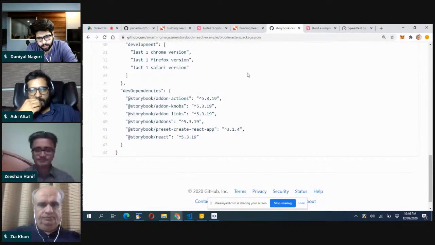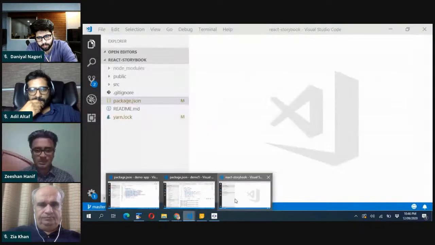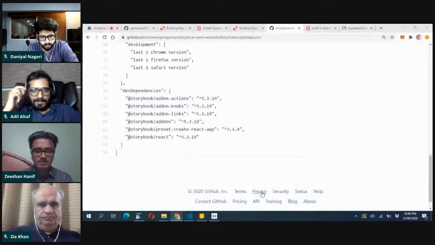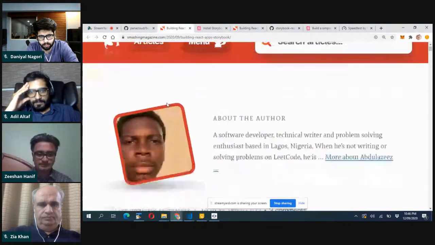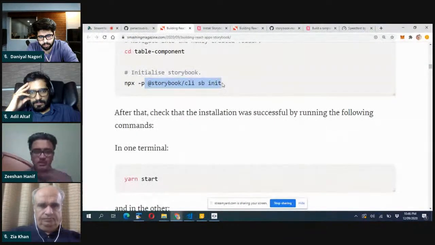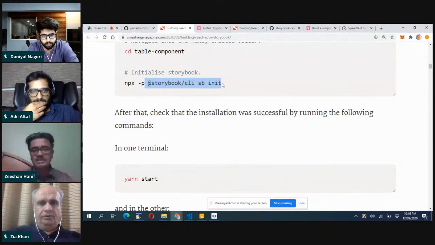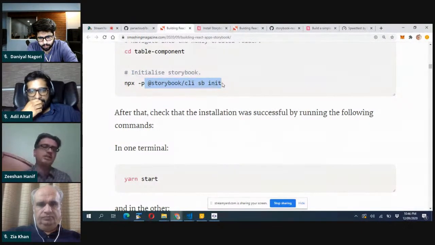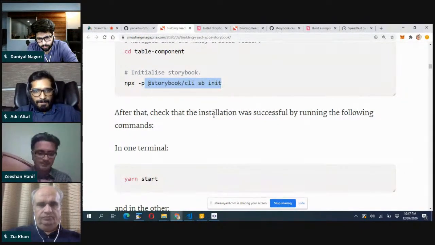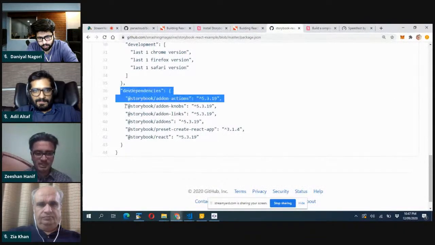So I have created a React application, and I will not run the Storybook command, because whatever I do, it will install version 6 and all the dependencies will be for version 6. So I have to do it manually at this moment. Once we find the solution, then we can do it directly, and it will give you all the structure directly. So let me pick these dependencies from here,